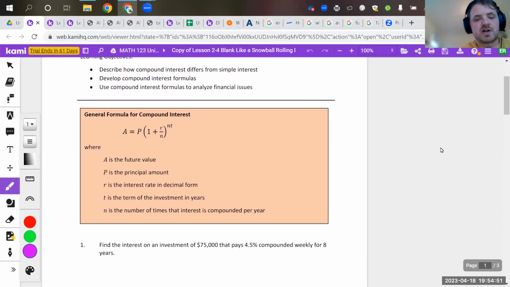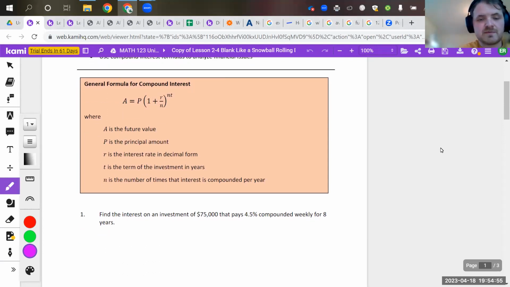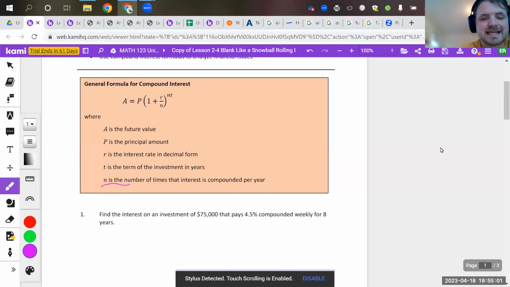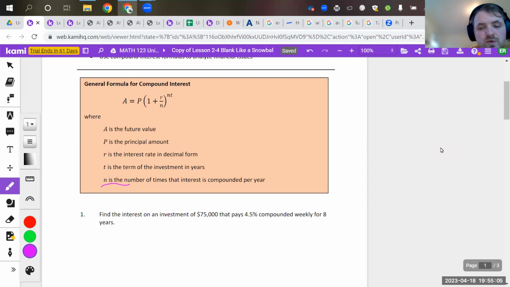As we look at this, our variables are still similar. A is still future value, P is still principal. The only thing that's new now is the letter N, and it's the number of times that it's compounded per year. Usually N is going to be 12. Sometimes it's compounded weekly, like in this first question, but for the most part, it's compounded